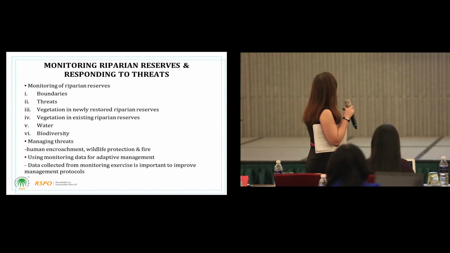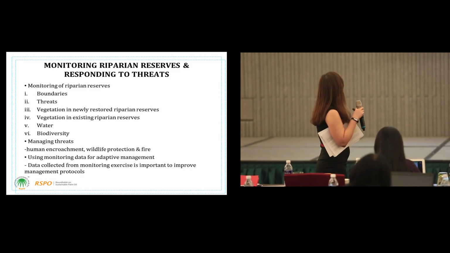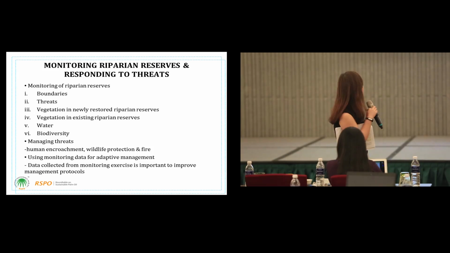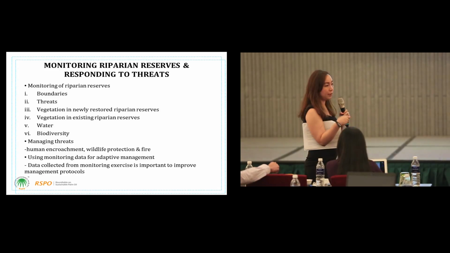In terms of biodiversity, you'll be looking at what kind of animals use this area, by installing camera traps, or by looking at the tracks left behind by the wildlife. So these monitoring activities involve patrolling when it comes to biodiversity. These areas will need to be visited at least 3 times a year based on the recommendation of these guidelines.